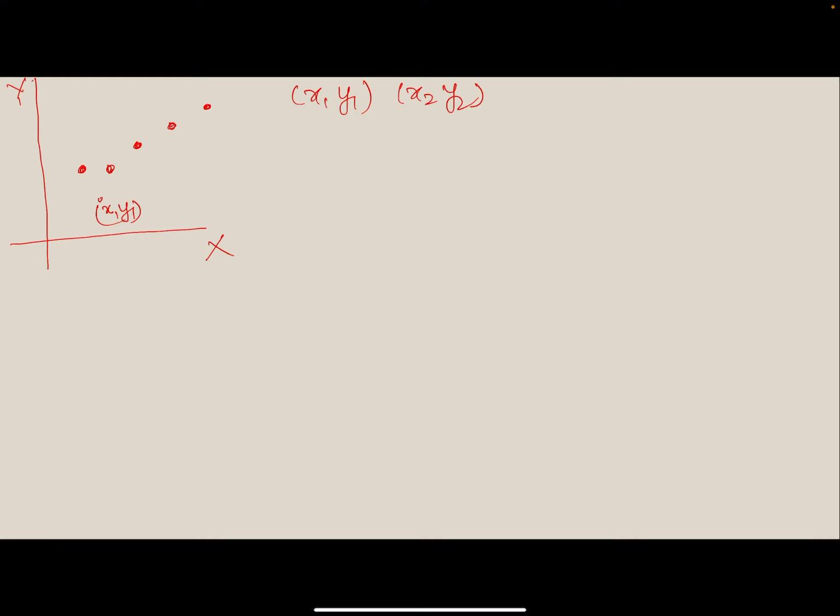We want to obtain a relationship, a pattern, between x and y, and we want to find this relationship in the form of a straight line. Suppose I want to find exactly that curve which passes through all these points, then this curve will never be a straight line. It can't be a linear curve. But what we are trying to do is fit all these data to a straight line. So if I fit a straight line to this, I may get these 3 points covered.